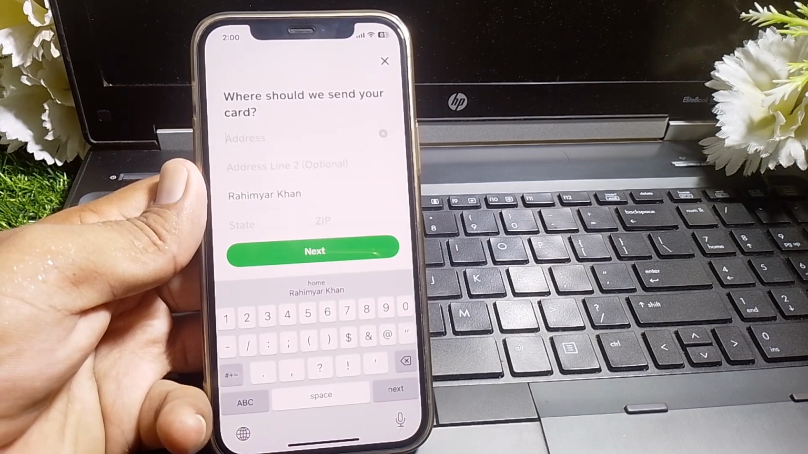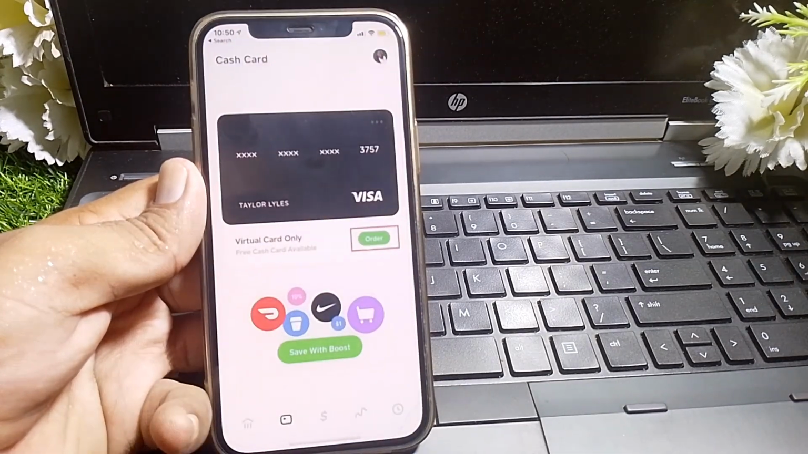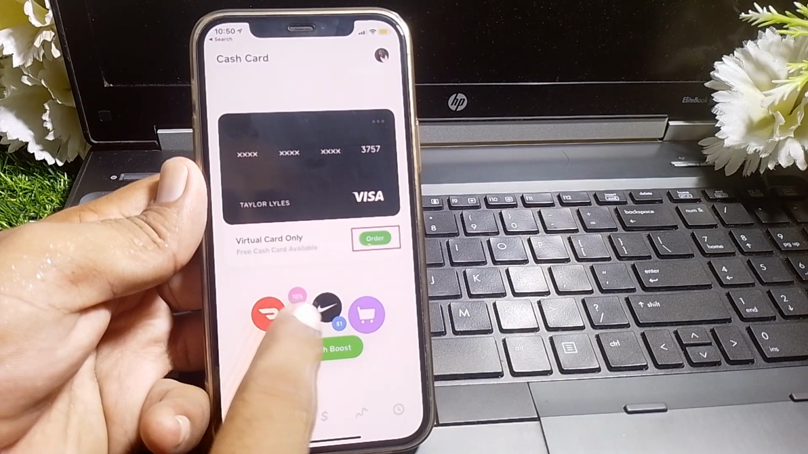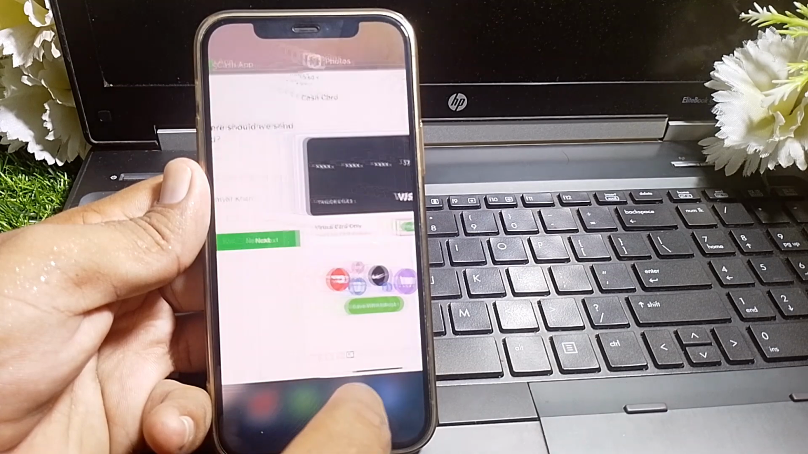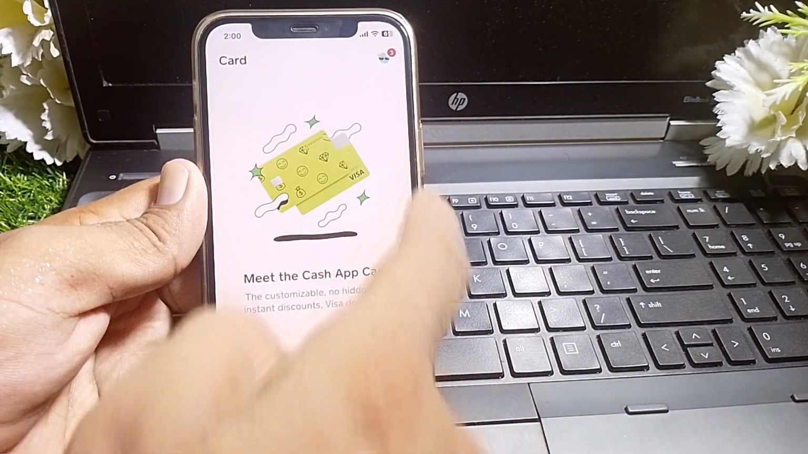Now guys, if you have ordered your card, you can also find here this type of interface, and you can easily see here guys virtual card only, free cash card available. Tap on order. So you have to order your virtual card first, and after that guys, you can easily use it. So guys, if you have ordered the virtual card, then you have to open the Cash App again,